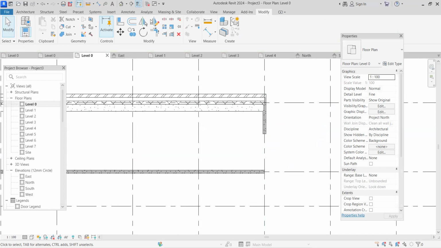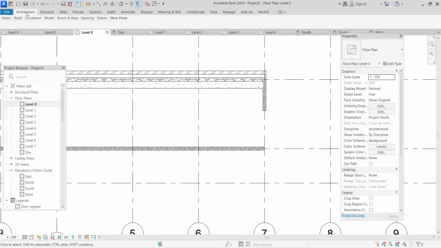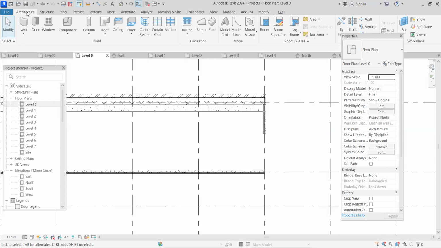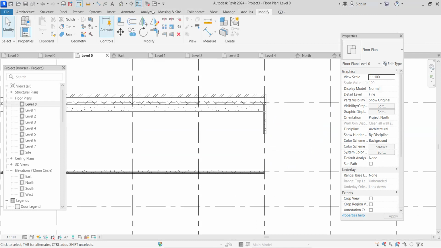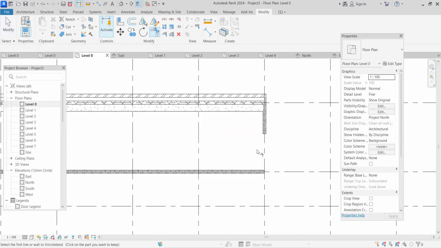Then what we can do is click on the modify tab over here. Let me click on the modify tab for you. So click modify here. Then I come to trim or extend corner. So this helps you to trim when you have some sort of intersection or overlap, or also to extend. That is when you have an opening and you want to join. Okay, so I click that and